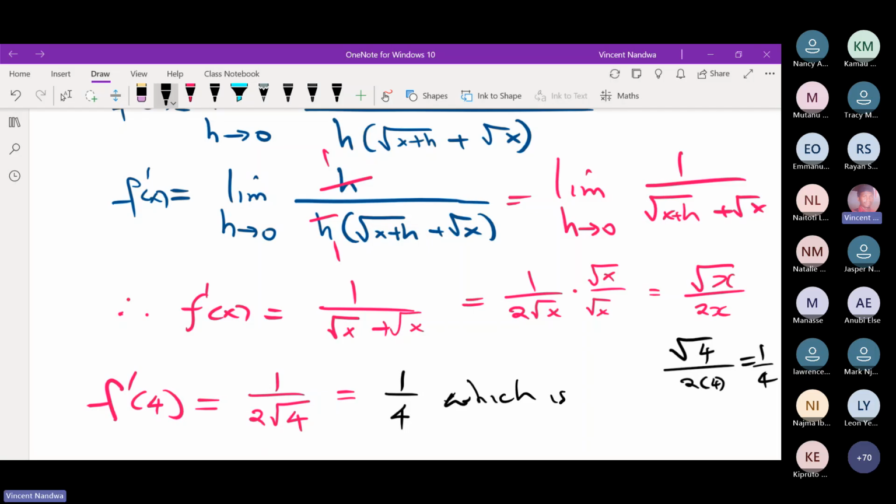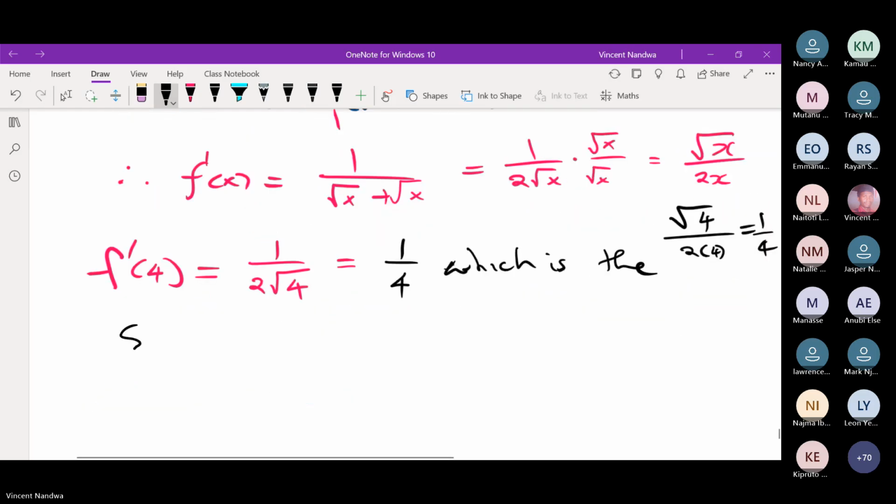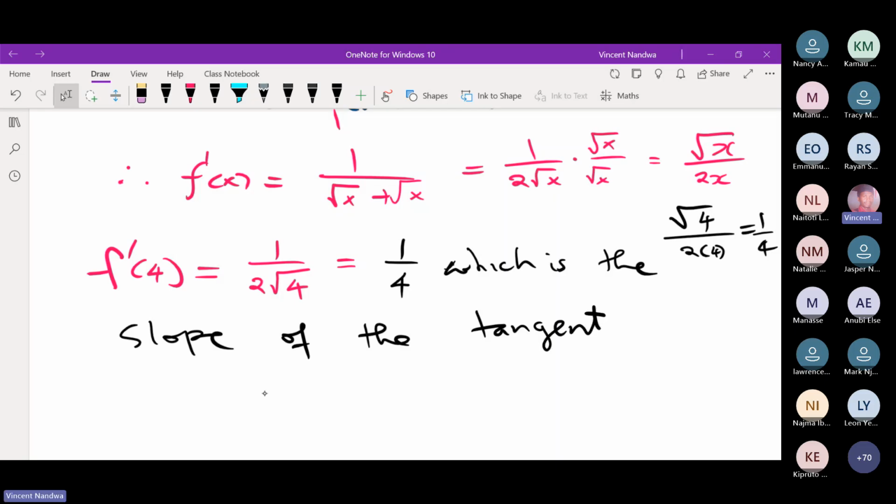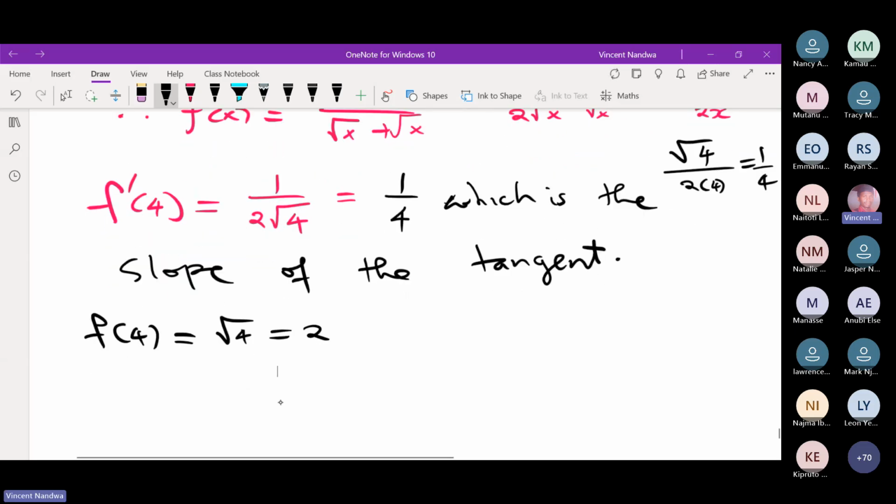which is the slope of the tangent. So what is the value of the function at 4? If f of x is root x, what is the value of f of 4? 2. So this will be root of 4, which is 2. So the point is